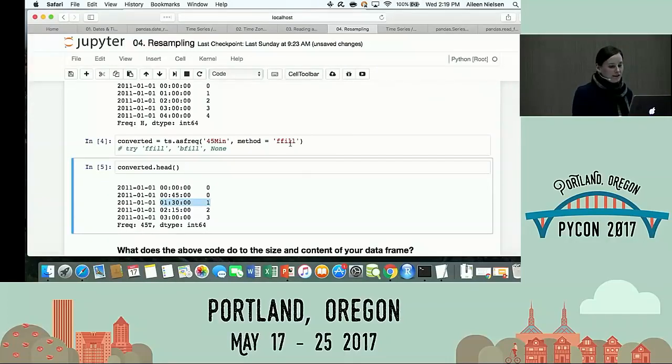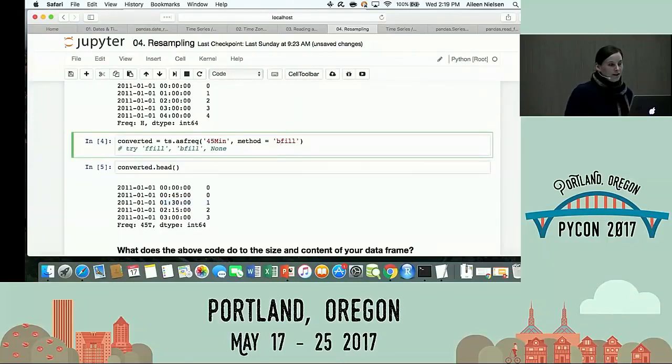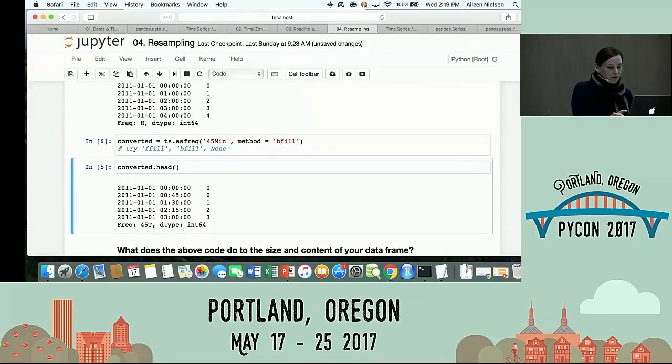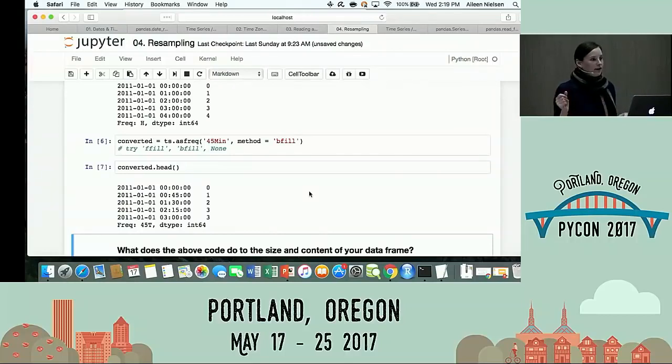That's my bfill. So let's go ahead and try out the bfill option. What's that going to look like? Yeah, the 1 is going to be in the 12:45, right? What's going to happen is how we pick the values changes. When I'm at a new data point that didn't exist in the original time-wise, instead of looking one direction, I'm going to look the other direction. So now that it's backfill, if I'm at that 12:45 a.m. point in time, instead of looking for what came before, I'm going to look at what came after to fill. And this is the sort of place where that domain knowledge matters, right?